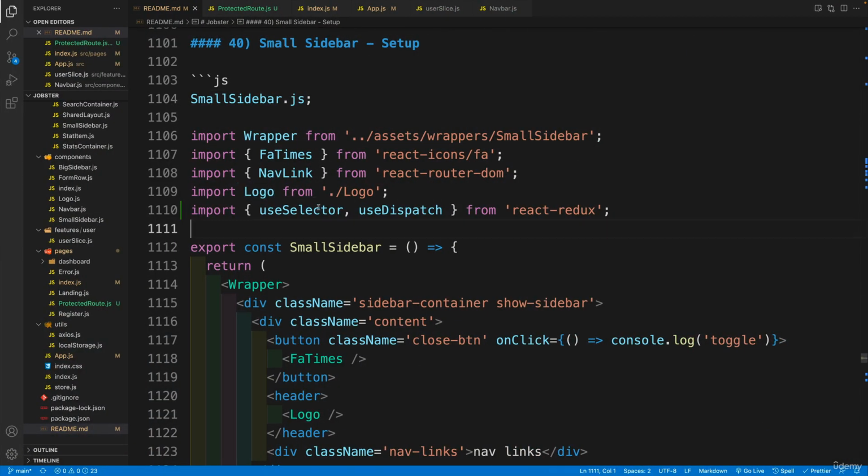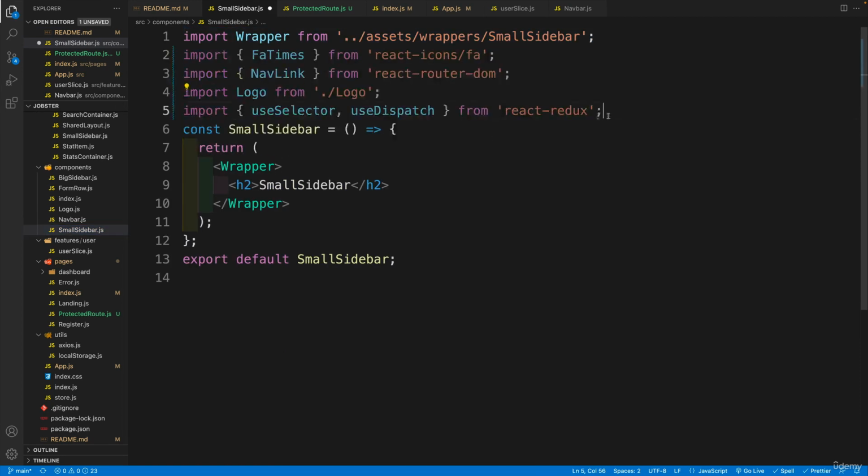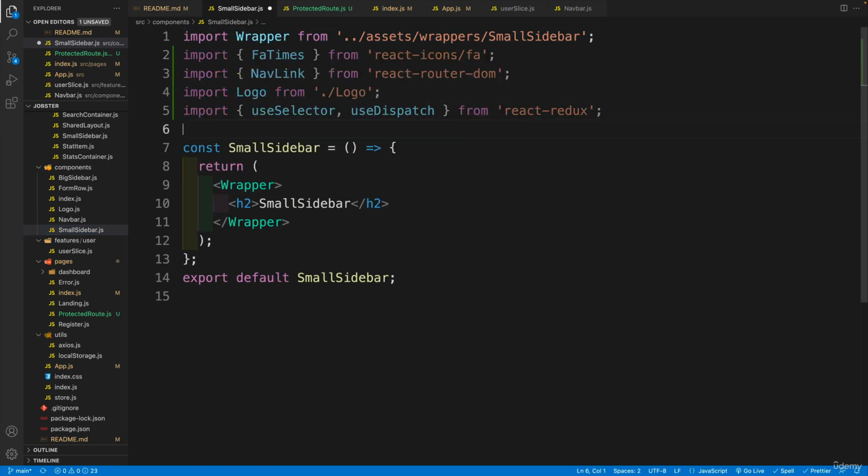Also, like I showed you, we have a logo and useSelector and useDispatch, because I'll want the isSidebarOpen value from the state. And also with the close button, I want to dispatch that toggle. And yes, in order to speed things up, we'll take all of these imports. Let's just navigate to the small sidebar. We already have the wrapper, so I'm just going to override that. And then for now, we're not going to set up any kind of logic,